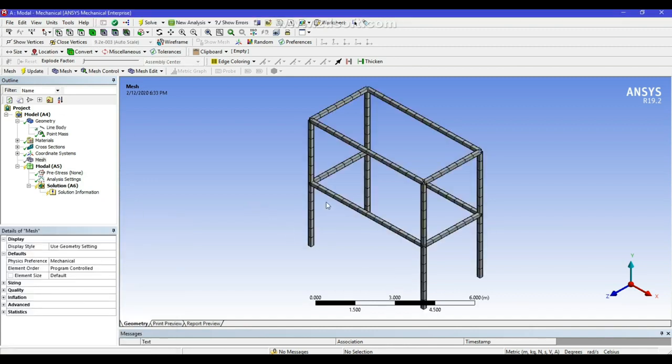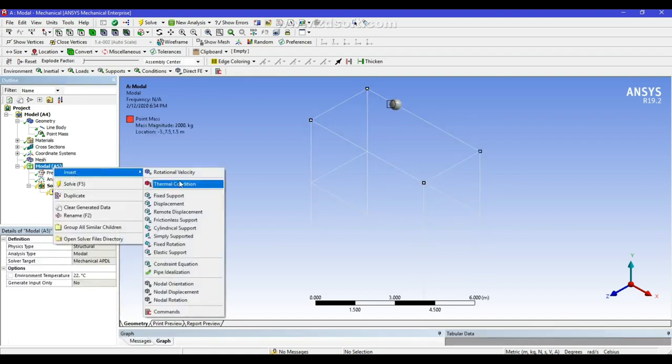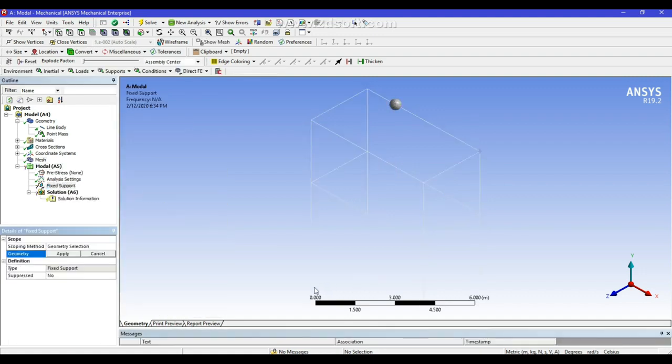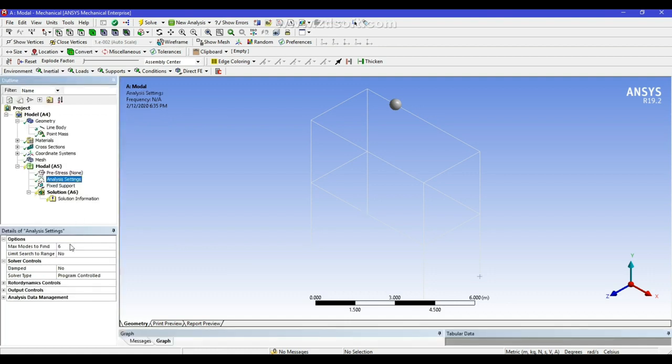So this is the default mesh. From the modal, insert fixed support, then let us select all the 4 lower faces by holding the control key, then apply. So we fix them as the ground, and then from the analysis settings, we intend to calculate the first 10 natural frequencies, so make the maximum modes 10, and then